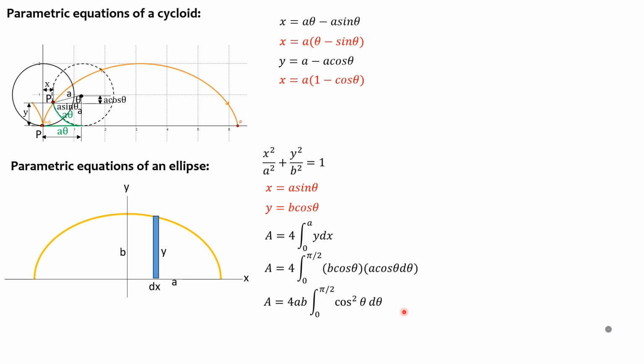So in this case, alpha is pi over 2 because 0 and 2 are considered even. Then divided by the sum of powers, m plus n decreased by 2. So m plus n times m plus n minus 2 until we reach 1 or 2 again. So for this case, sine is not around. The rule is we replace it by 1. Power of cosine is 2. 2 minus 1 is 1, so we also stop at 1. Alpha is pi over 2 divided by sum of powers 2, so we stop also at 2. So area therefore is 4ab times 1 times 1 times pi over 2 over 2. So that's why the area of an ellipse is pi ab.